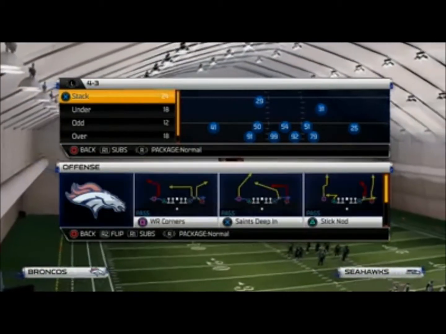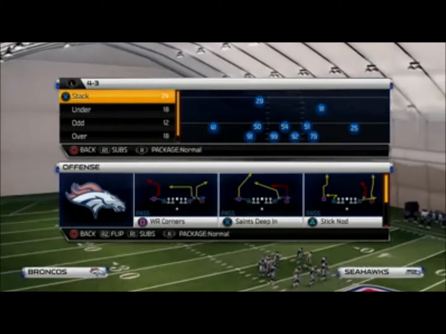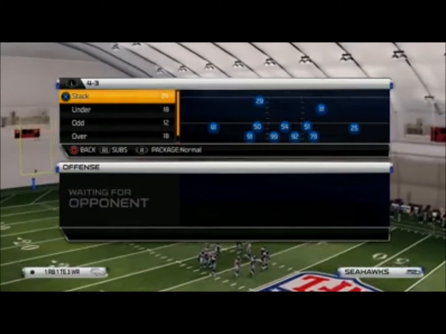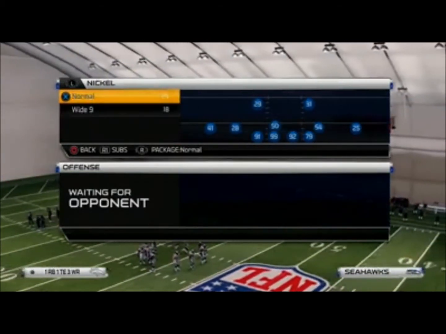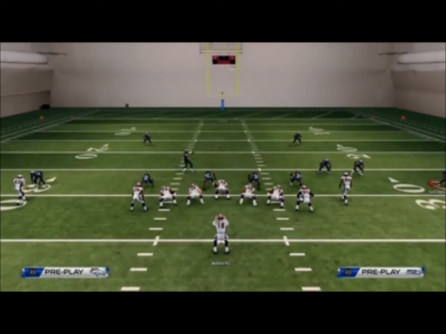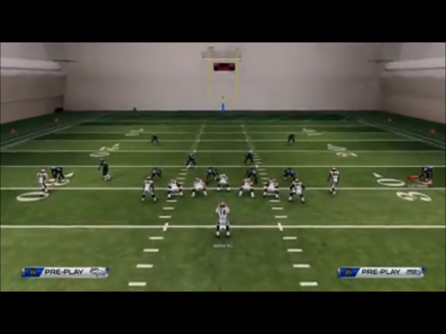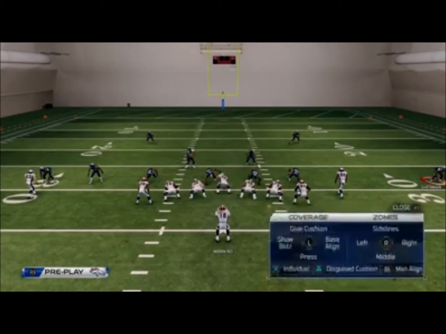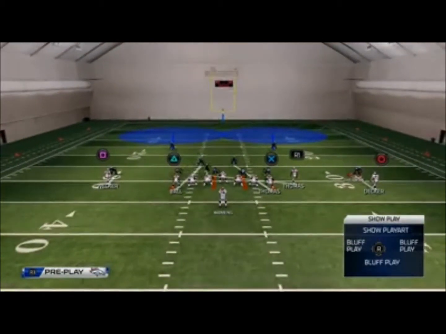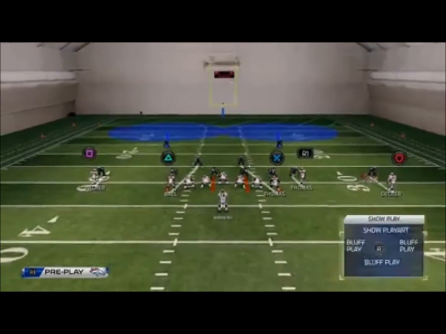So there you see it on the right, the triangle play. We're going to run it against a nickel two-man under. I just want to show you, there's a running back and a tight end on the line of scrimmage. They cannot be bumped unless you bump them manually, and you obviously can't manually bump both at the same time. So we're going to show you how those can beat man press effectively,